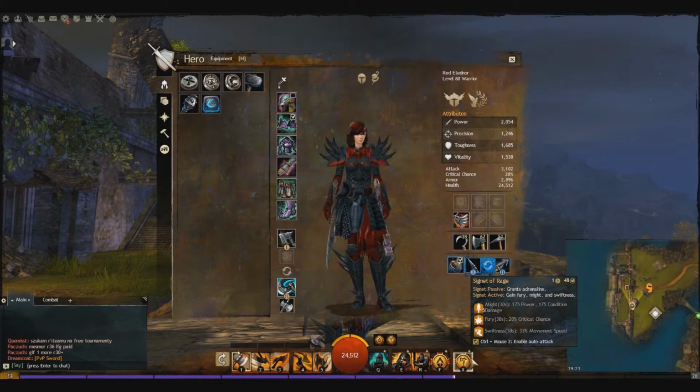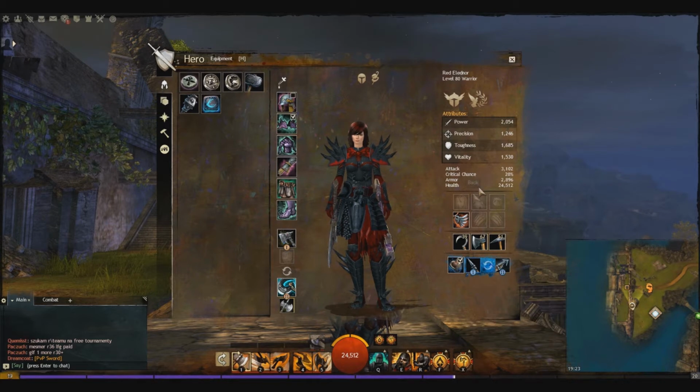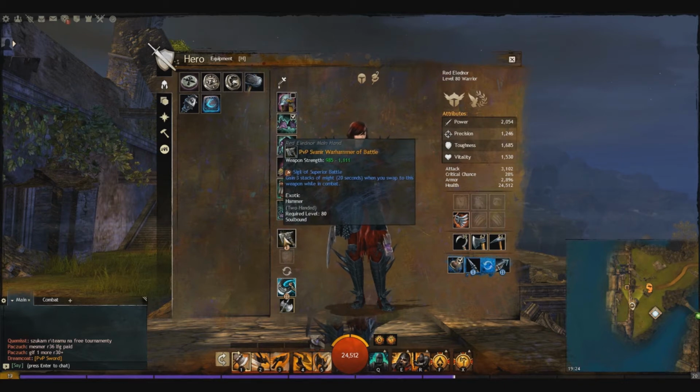Fury gives us 20% more critical chance. This is really important because, as you can see, we've got pretty low critical chance here in general, but a pretty high crit damage. If you factor in the extra 20%, however, we're going to have 40% critical chance, which is fairly reasonable, and we're going to be dealing some massive crits when you look at the amount of power we have as well. So for our weapons, we've gone with the Sigil of Superior Battle in the hammer,